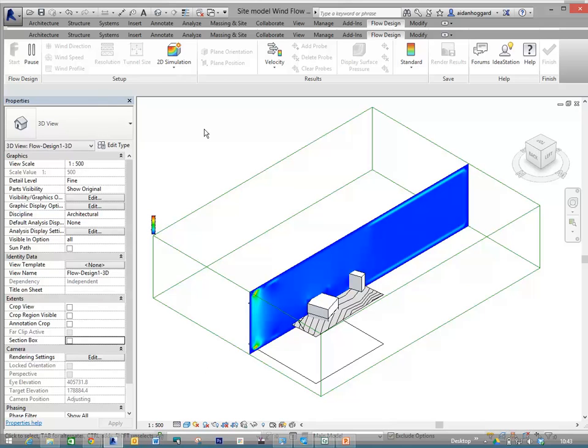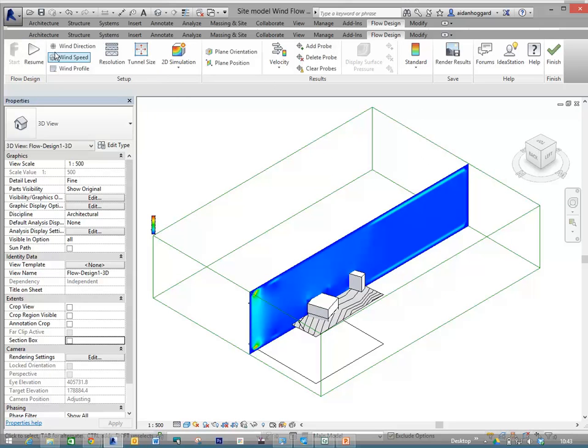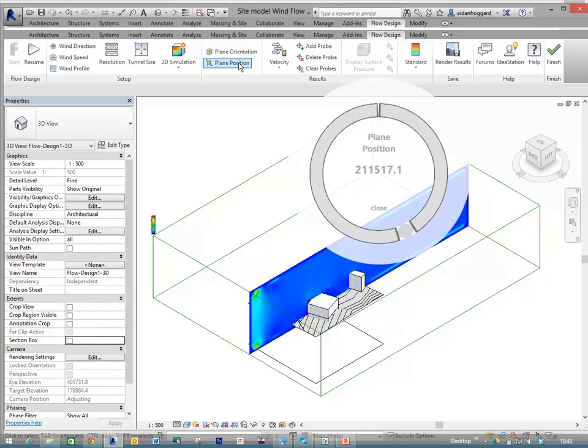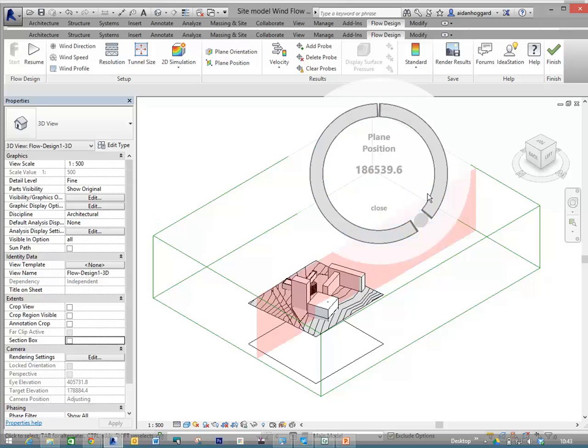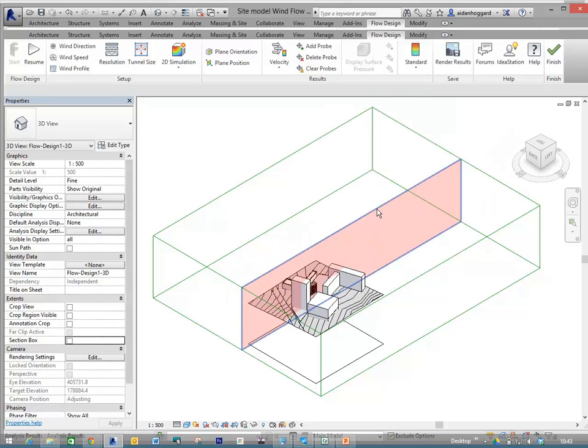Okay, let's just change our position. Okay, so I've just changed our plane position there, so it's now projecting that wind over the arts tower. And if we just click on resume,